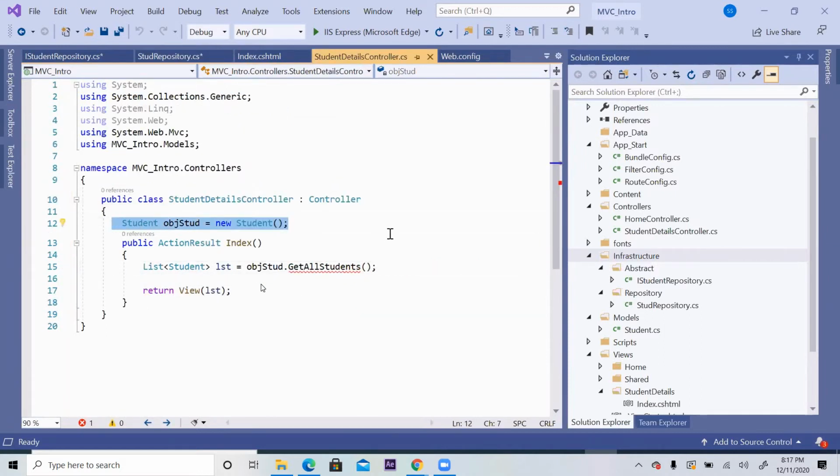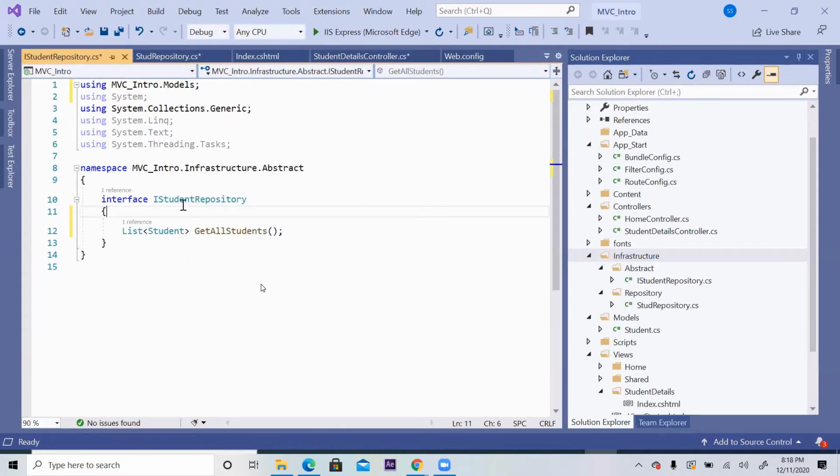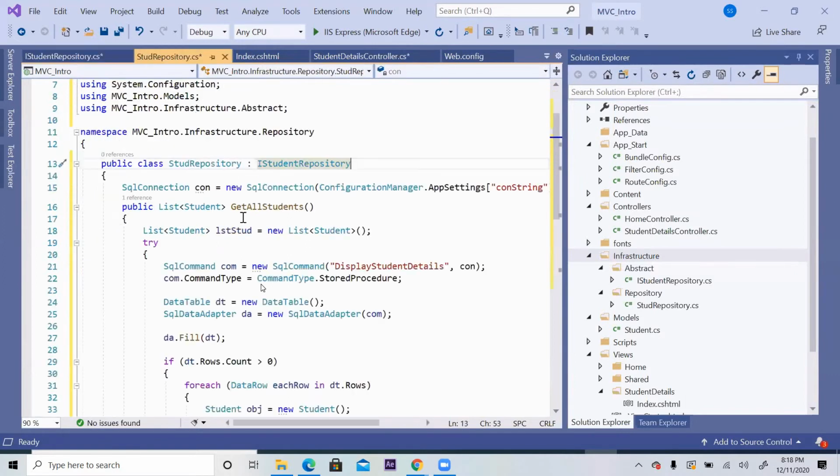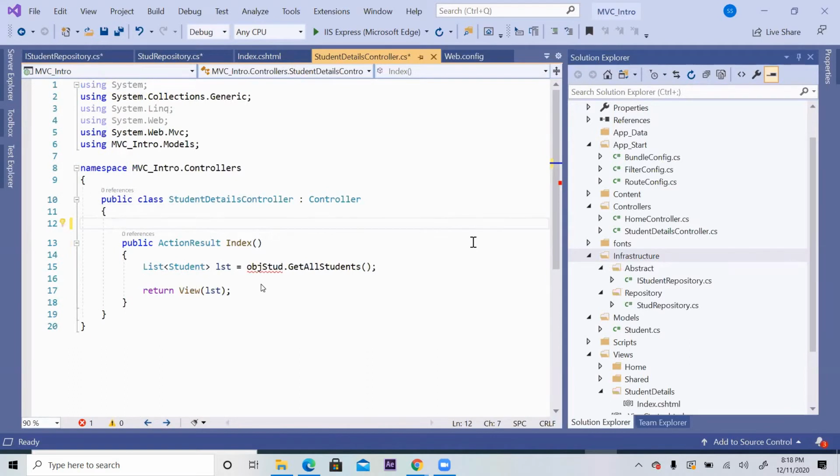create the object of repository instead of creating the object of model class, because our function is now available in the repository class. So line number 12, I will delete because that function is no more available in the model class. So create the repository class. Repository is already implemented from some interface. So you know, whenever a class is implemented from some interface, reference should be created for the interface and instance should be created for the class.